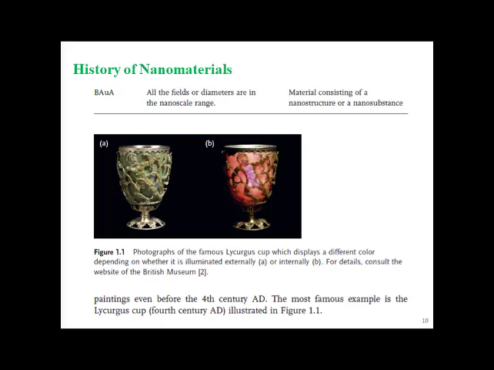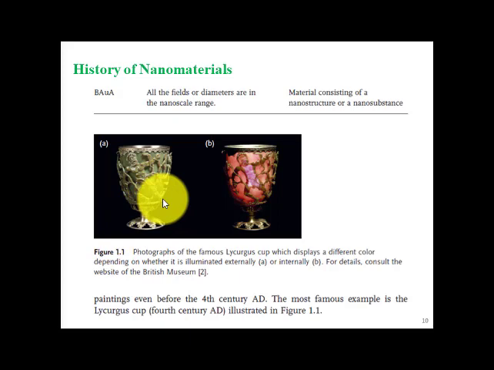and paintings. Even before the 4th century AD, the most famous example is the luxurious cup you can see in the figure, 4th century AD, illustrated in figure 1.1. This extraordinary cup is the only complete historic example of a very special type of glass known as dichroic glass that changes color when held up to the light. The opaque green cup turns to a glowing translucent red,